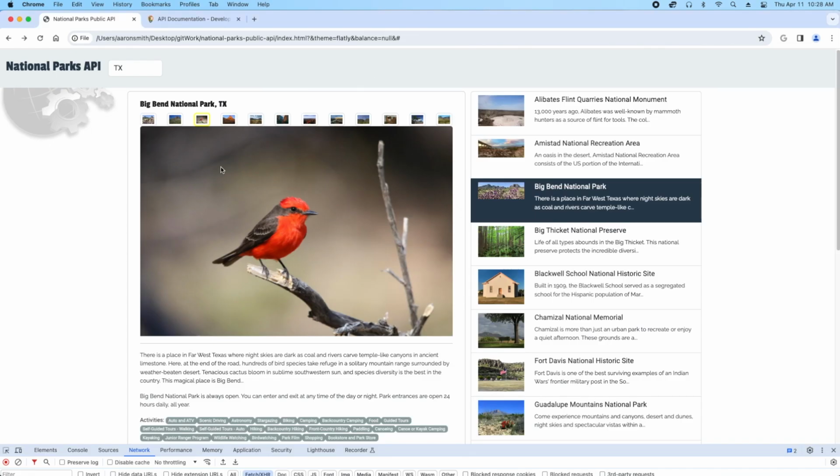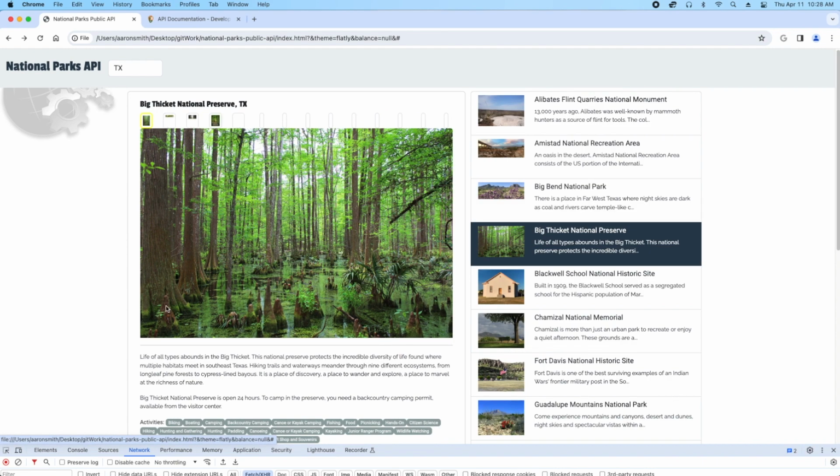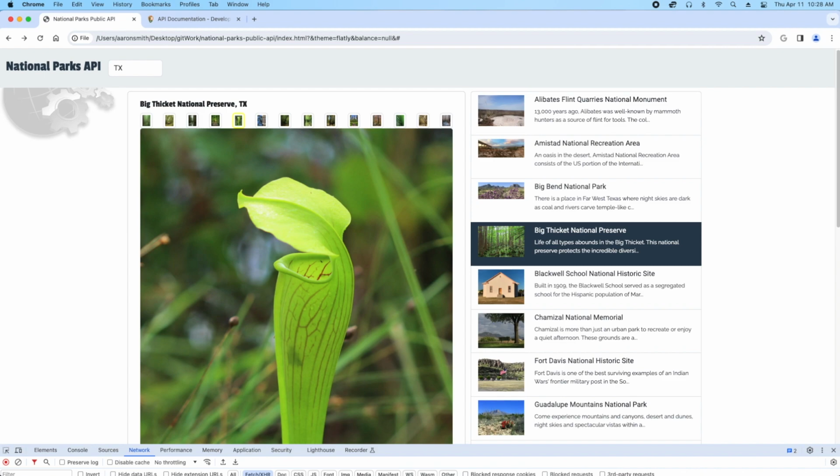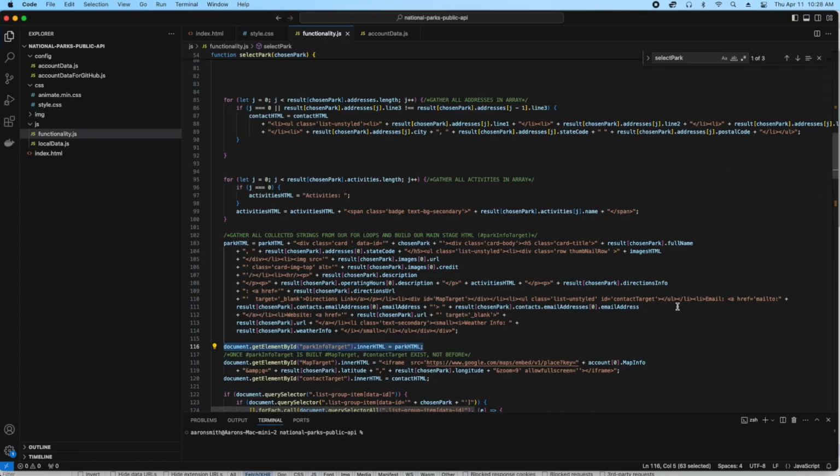Now remember, first and foremost, we got to hit the park info target, which is the one on the left. This one. This one gets hit, and it will fill up and populate this one over here. So, once this gets done, you'll notice that all of a sudden it has filled out and it created a map target and it created a contact target,